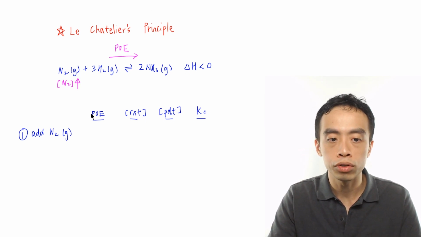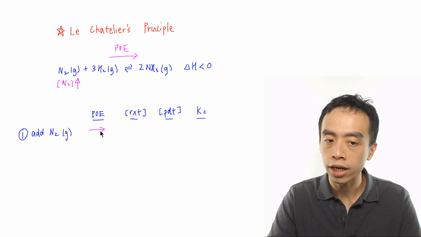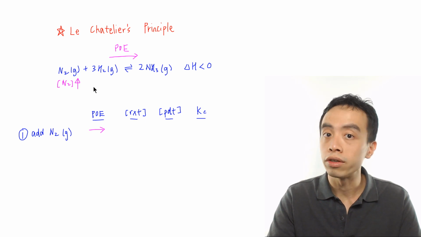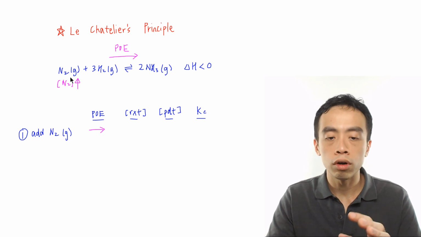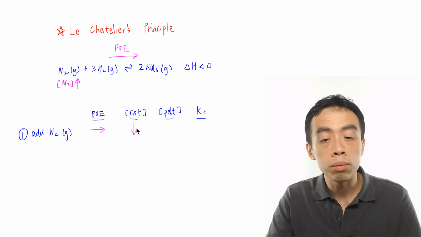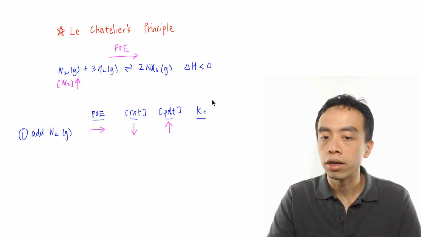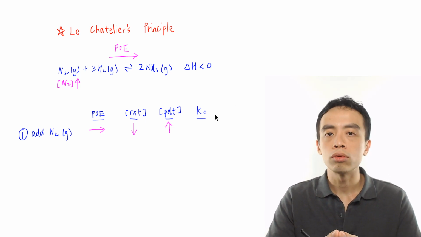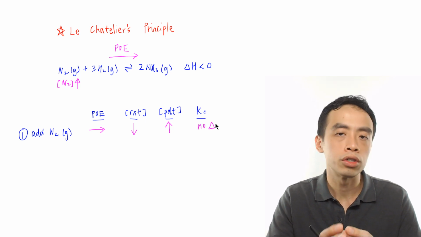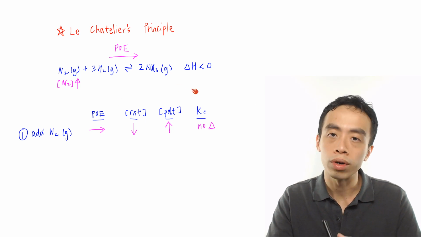So we know that the position of equilibrium, or POE for short, will shift towards the right hand side. Or sometimes we can say that it favors the forward reaction to try to remove the reactant N2. So overall, the concentration of the reactant N2 will drop, and because it forms more product, the concentration of the product would increase. As for the effect on the Kc expression, K is only affected by changes in temperature, so K would stay constant. K is not affected by changes in the concentration of reactants or products.